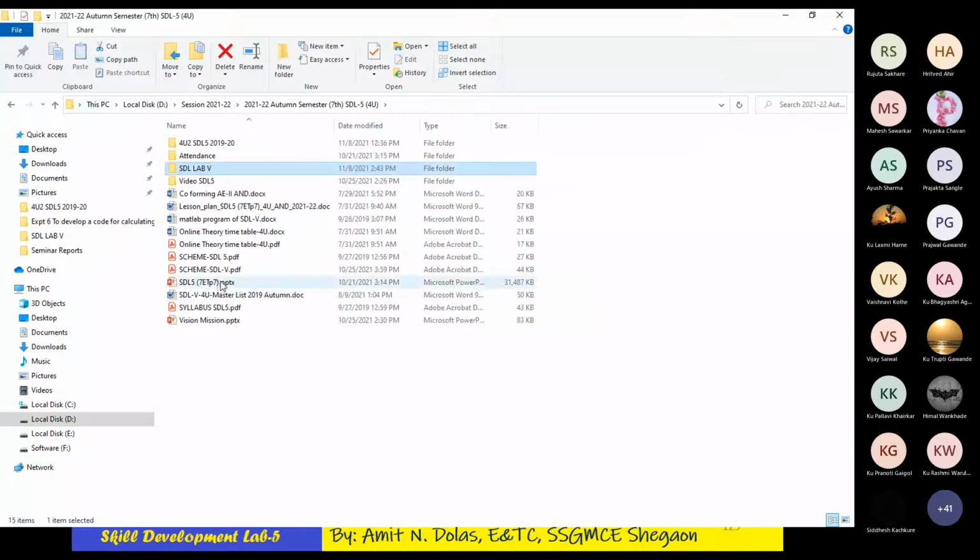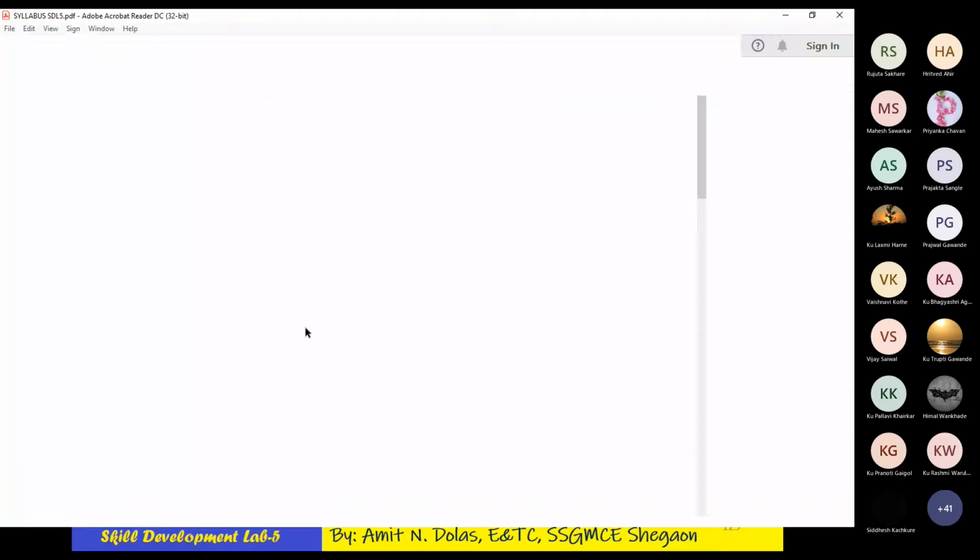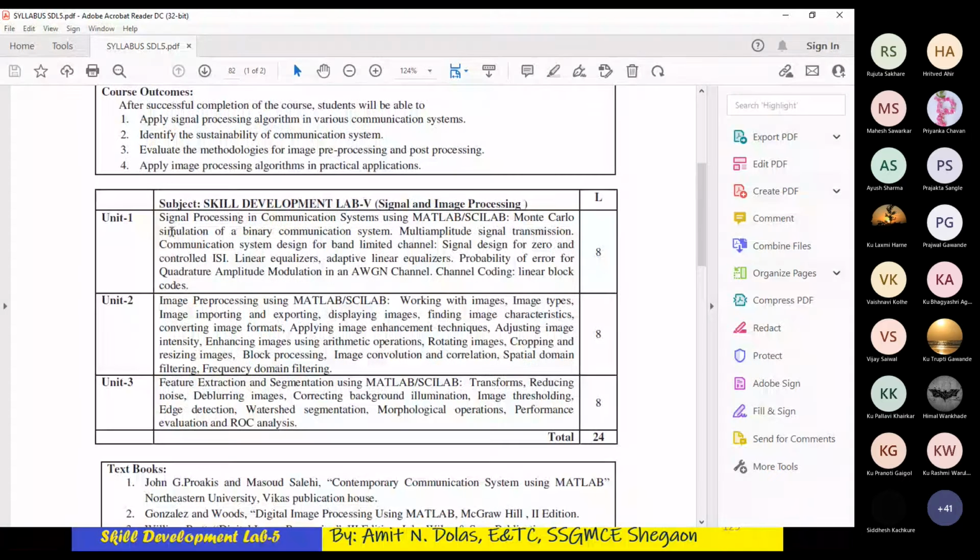Let me see the syllabus of SDL. Okay, so you can see, we have covered the whole of image processing using MATLAB: working with image types, image importing and exporting, displaying image, writing image, then finding image characteristics, converting image formats, then image enhancement techniques, which we have seen in practicals, adjusting image intensity, enhancing image with arithmetic operations like addition, multiplication, subtraction, likewise.